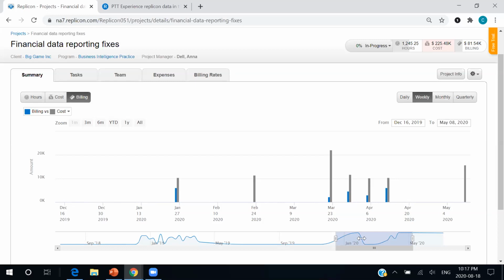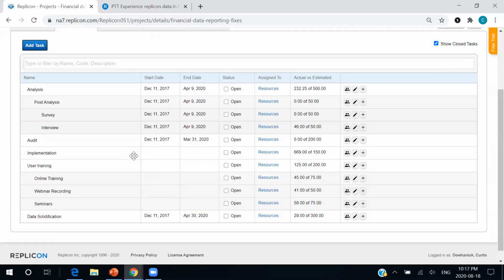But we don't want these projects just to be a little checkbox on a timesheet, so we actually break them down even further into tasks. And tasks are the nice digestible chunks of these projects, and they can be further broken down into subtasks and sub-subtasks, so you can make as simple or complex task trees as you see fit.